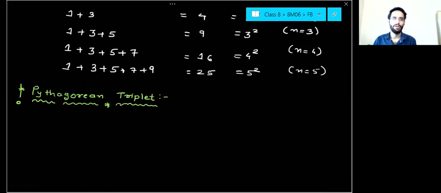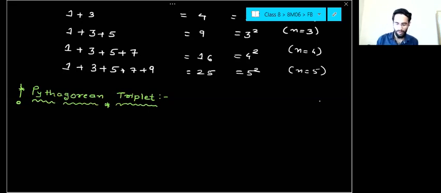Just unmute yourself. Sir, he was a mathematician. Yes, we learned the Pythagoras theorem of the right angle triangle. In a right angle triangle, what do you know by Pythagoras theorem? Yes, Safwan has also written in chat box. Shivansh, can you tell me? A square plus B square equals C square. Very good. And what should be your A, B, and C? C is the hypotenuse. A and B are the acute sides.